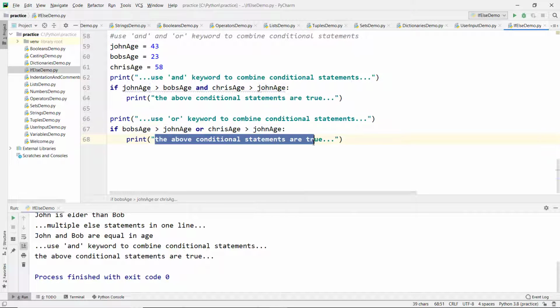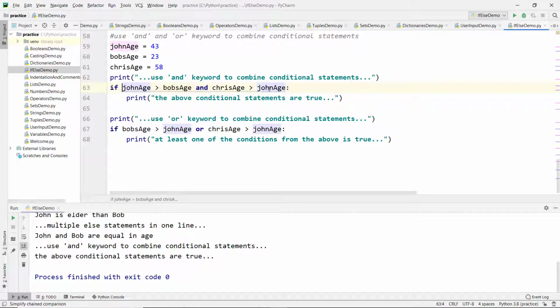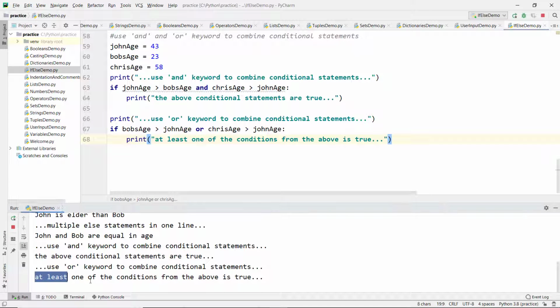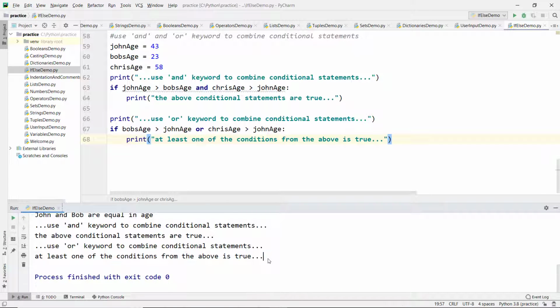So for the or condition, at least one of the conditions from the above is true. For the and condition, both the conditional statements should be true. So for or, at least one of them should be true. So that's the reason we should see this statement printed in the console. So we see at least one of the above conditions from the statement is true.